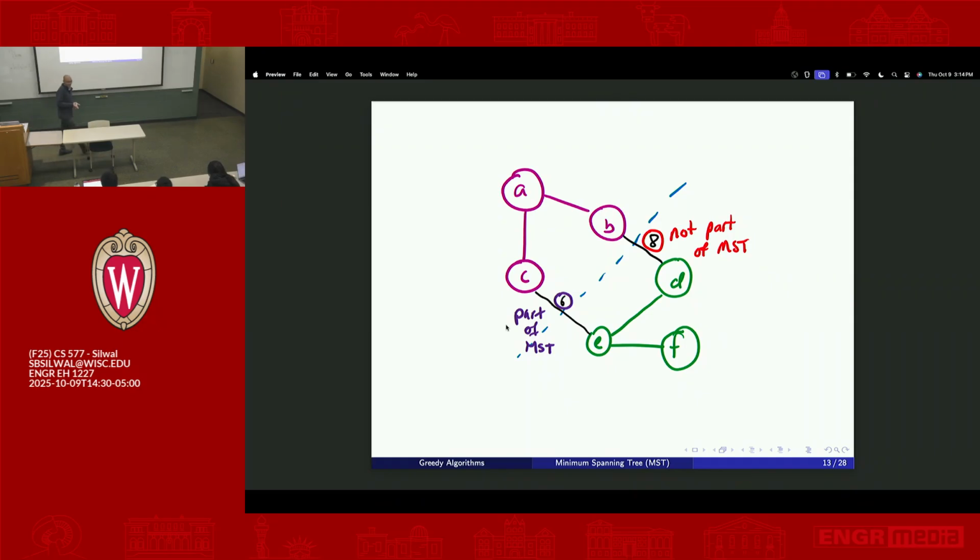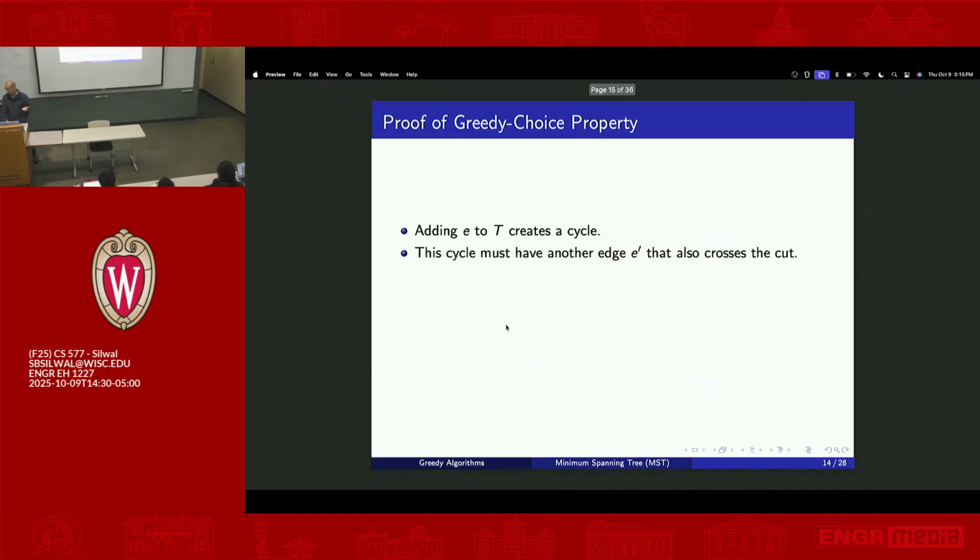Yeah, exactly, that's the main idea. If somehow there's a worse edge crossing the cut, I add the smallest edge, it creates a loop. The loop must necessarily contain the other edge, because I'm going from one side to the other side. The loop must mean I have to go back to the other side. It's a loop, so that means you're coming back through the other edge. And the previous thing told you, if I just remove that, it still remains a spanning tree. So exactly, that's why I showed you those two things. So the proof goes exactly like